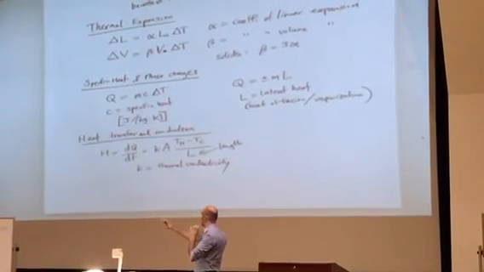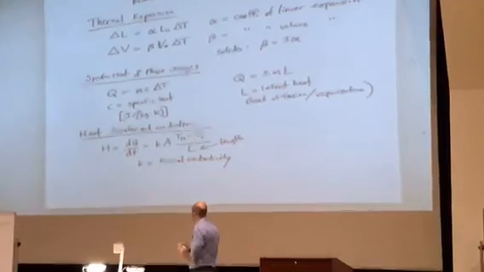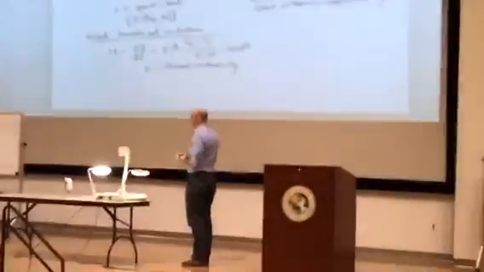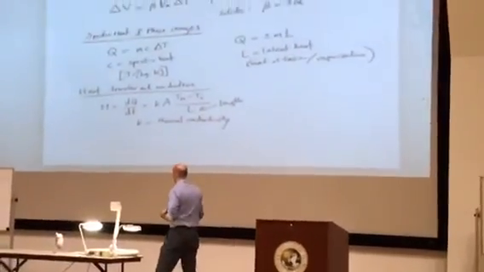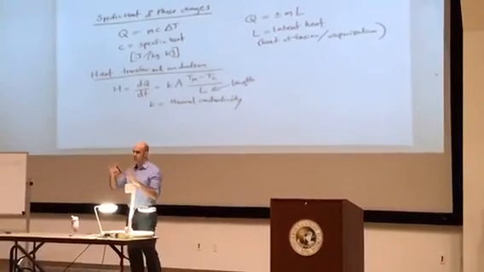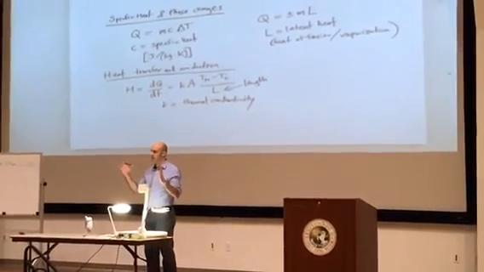So the longer I make my connector between my two bodies, the harder it is for heat to transfer, the slower the heat will transfer through. The larger I make the area, the faster the heat will transfer too. So basically, the larger the contact area between two bodies,